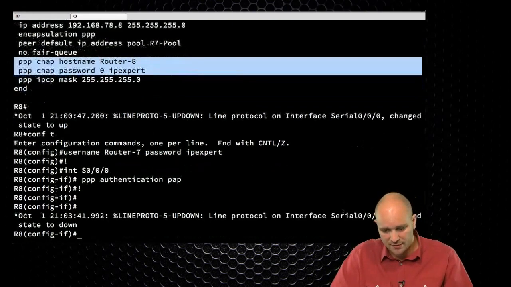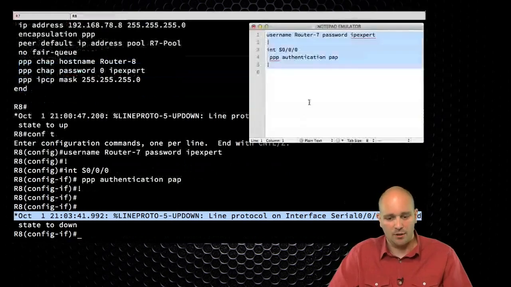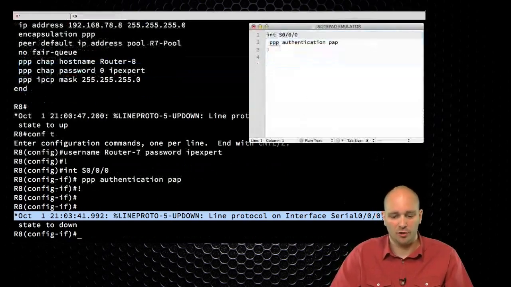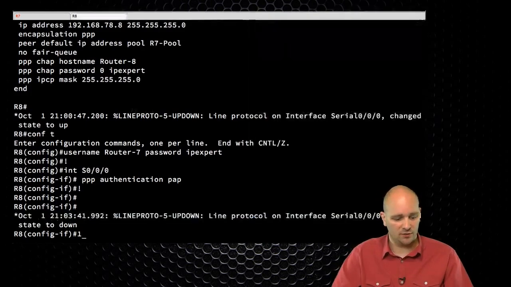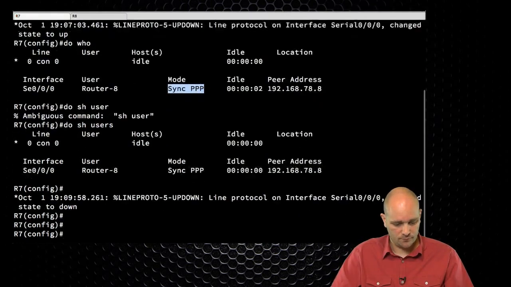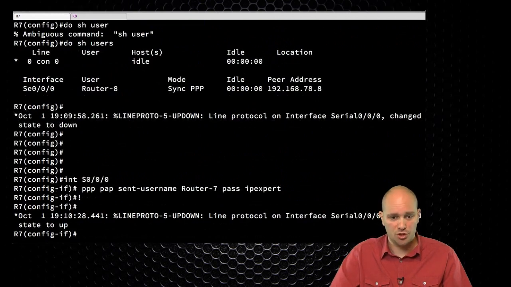When I enter this command, the line protocol on serial 0/0/0 is going to change state to down, because now I actually need to configure R7 as the client. For this, the command is ppp pap sent-username router-7 password IP expert. So this is the configuration that will go on R7. So this goes in, and when I enter this command, the line protocol should change state to up,